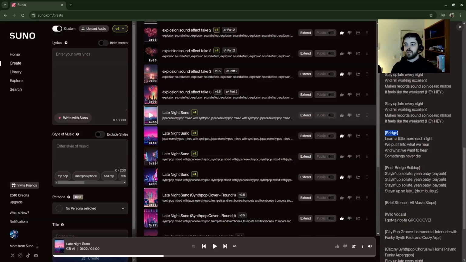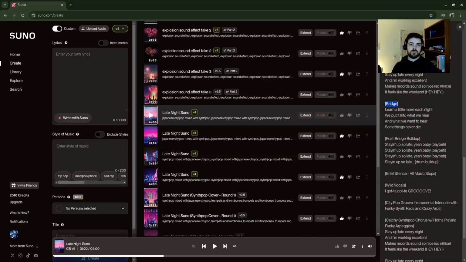The bridge is like, okay, let's go into a new section that sounds a bit different so we can do a little bit of palate cleansing in our ears and our brains. We're getting tired of this verse and chorus. Let's try something else to add a little spice and freshen it up, and then we can go into other sections from there. Usually you'll hear more verses and more bridges, or verses and choruses, depending on the song. You can even put more bridges in there if you want to, but that's the purpose of a bridge.